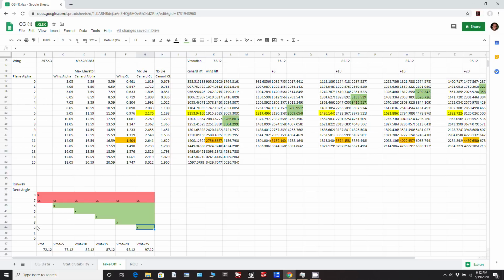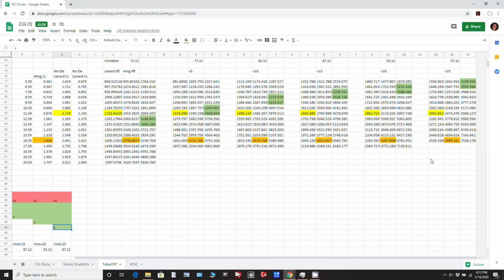So that'll be 2 degrees angle of attack, 97 miles an hour, which is 85 knots. And if you look over here where those numbers come from, you can see that this is with the 2 degrees angle of attack there. That gives us, I think that's the 2 degrees there. Yeah, sorry, that's 1 degree. So 2 degrees angle of attack gives us